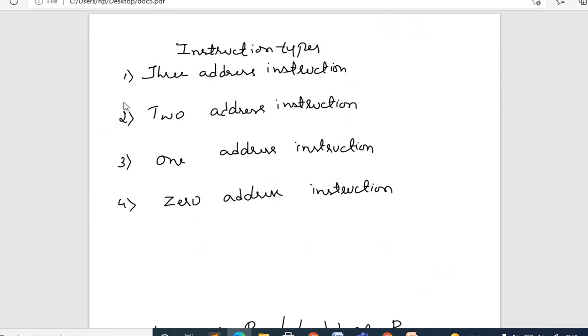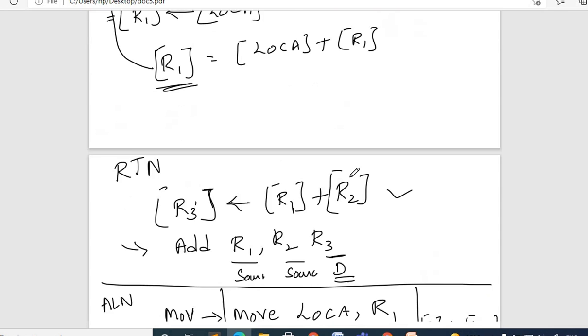We'll discuss these instructions with an example by taking one particular task to be performed using 3 address, 2 address and also 0 address instruction, 4 categories of instructions.